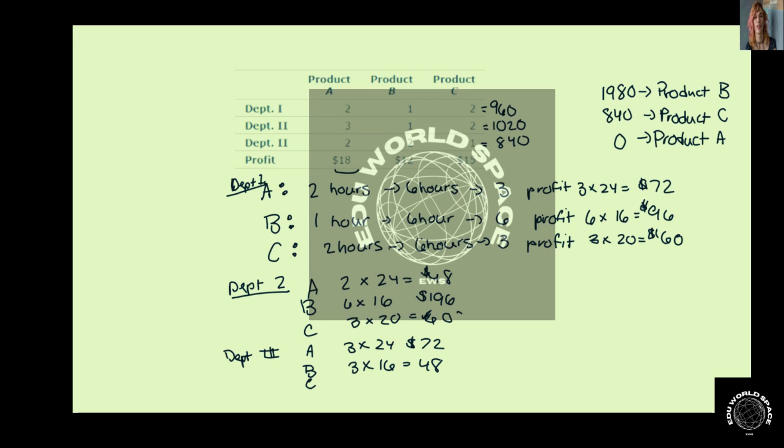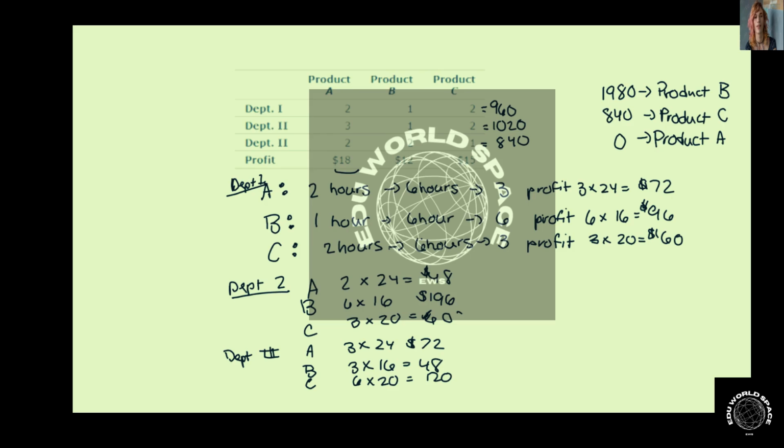And then C, it's 6 hours, 6 units. So that's 6 times 20 is $120. So with this information, we can conclude that Department 1 and Department 2 are the most cost efficient at producing product B, and Department 3 is the more cost efficient at producing product C. In all cases, each department takes 1 hour to produce 1 unit of its most cost efficient product